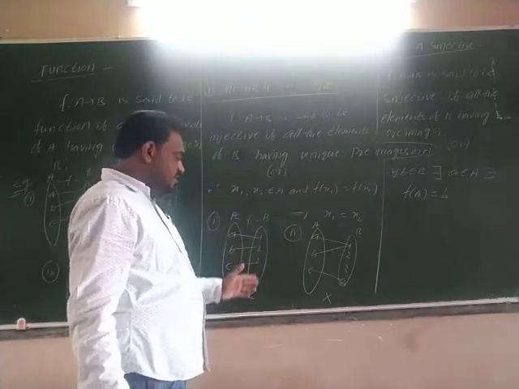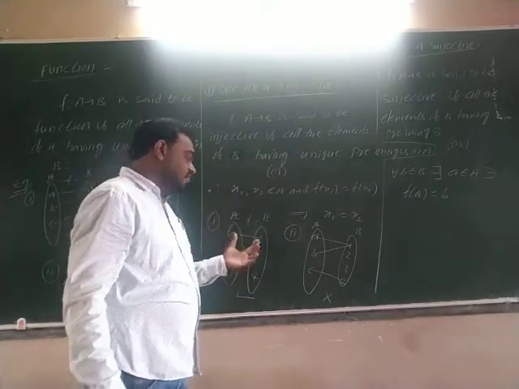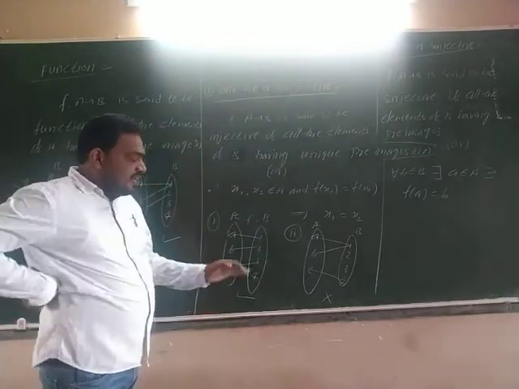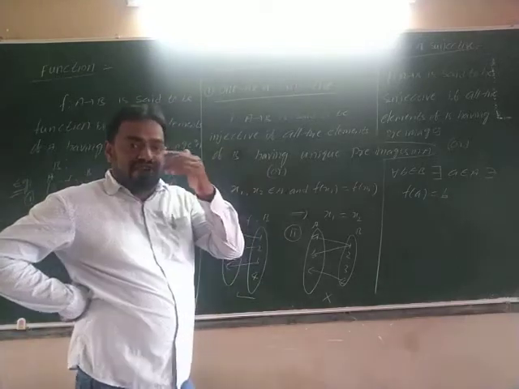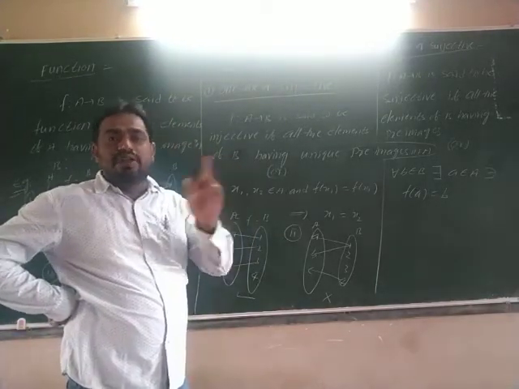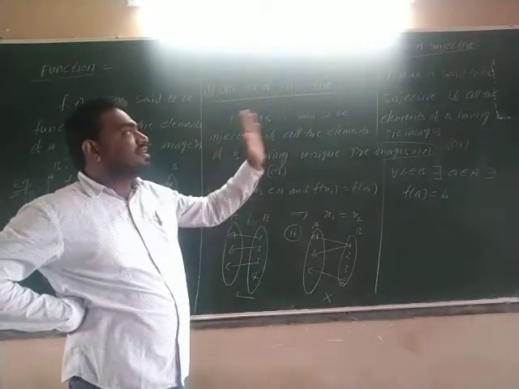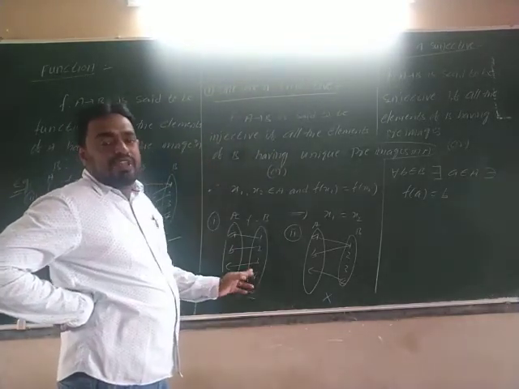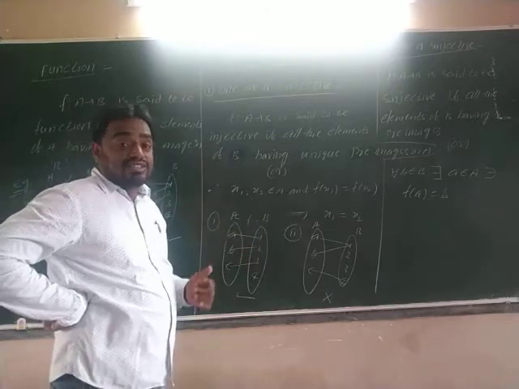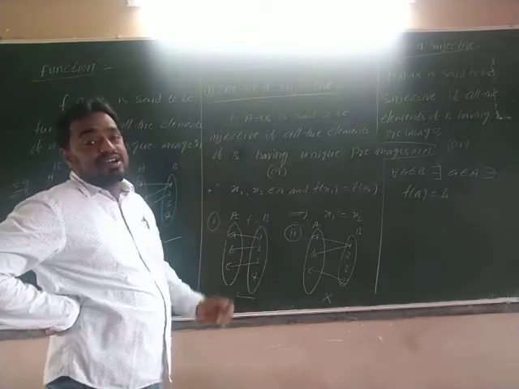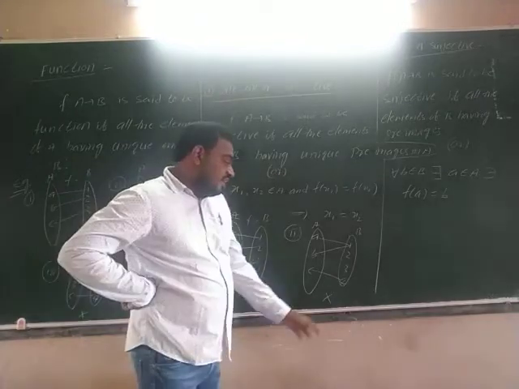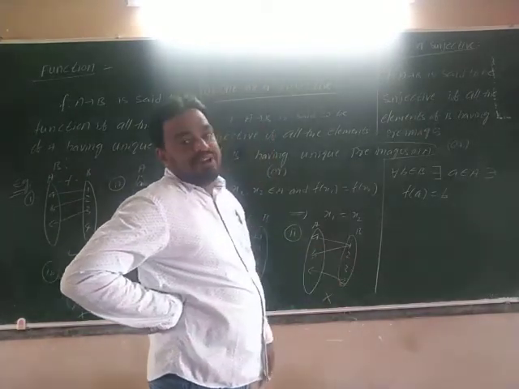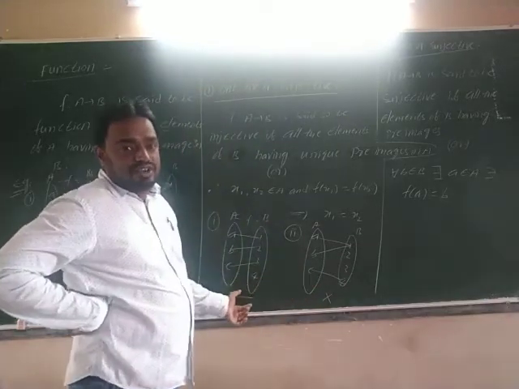Here you see this is the one-one function. Is it onto or not? What is the condition? Every element in the B having pre-image, then it is called surjective or onto function. Here you see 4 doesn't have pre-image, so it is not an onto function. It is a one-one function, but it is not an onto function. Here in this case also, the 2 and 3 don't have pre-images, so it is not an onto function.